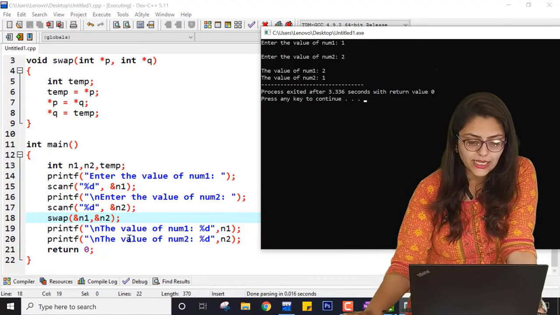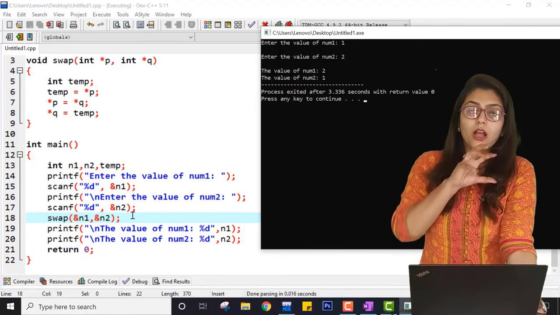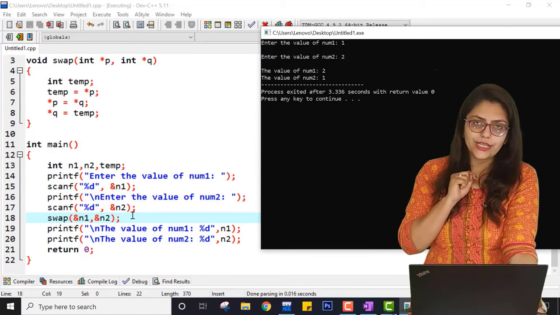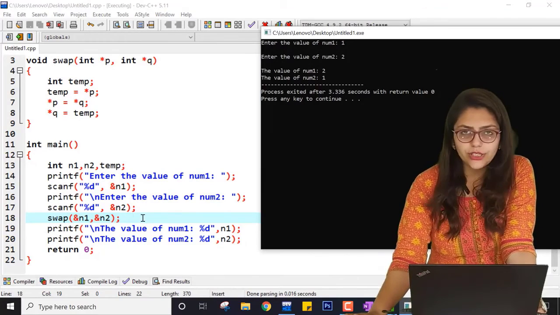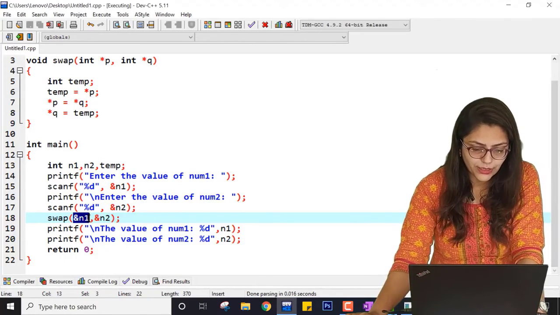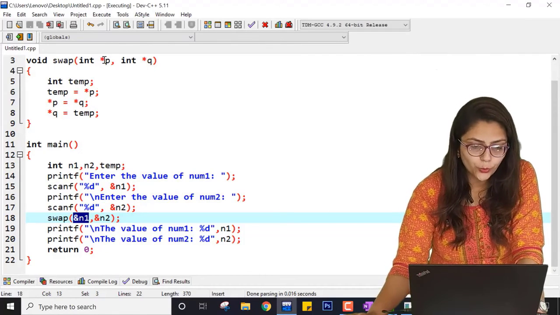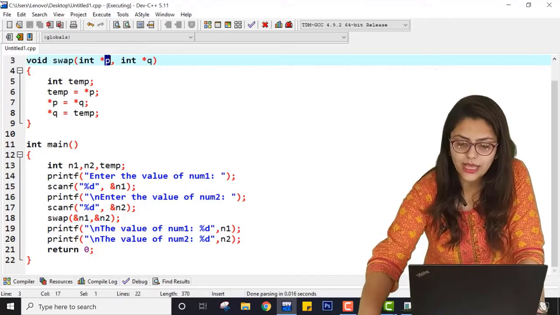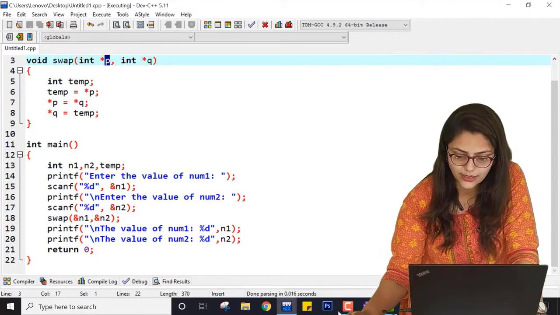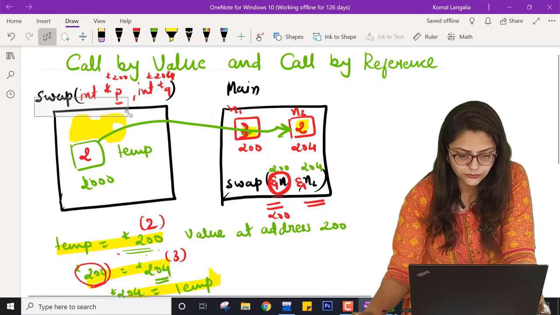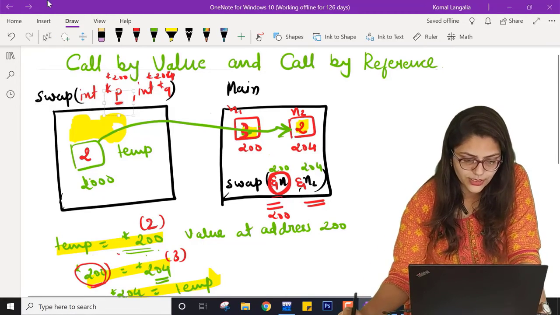Now one can ask, why ma'am, have we not initialized the pointer in the main function itself? Because we don't need to initialize it in main. Here I am entirely copying this address of N1 to P. So P is an address. I hope you understand this concept. Whenever we are declaring a pointer, let me just erase this.